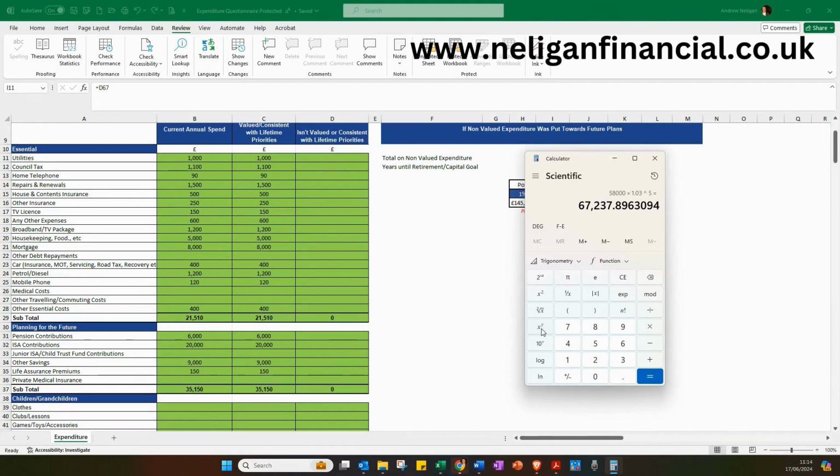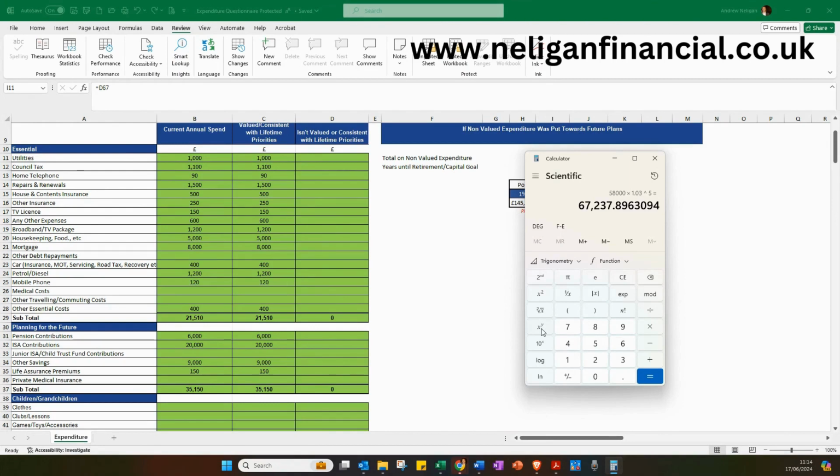Now what we need to do is think about, well, you might have other sources of income in retirement which will help fund that income need. You might have state pension available into the future, depending on your age now, when it will be payable. The current state pension is around about 11,500 if you've got the full entitlement. You might have rental income that you're receiving and has been a consistent level of income for you, which you can take off that figure because that will help fund it. With rental income, you've also always got to be aware of periods of time when you might not have tenants, so you won't have that income coming in.